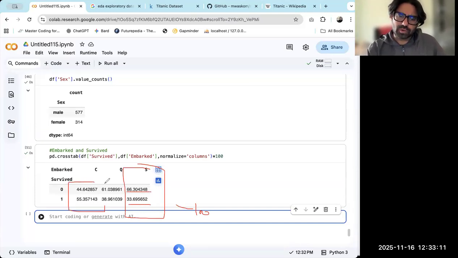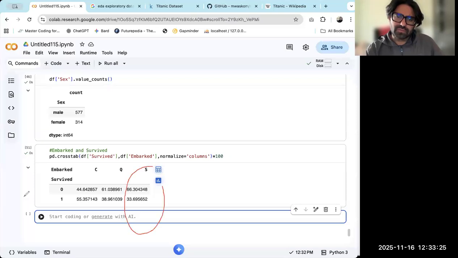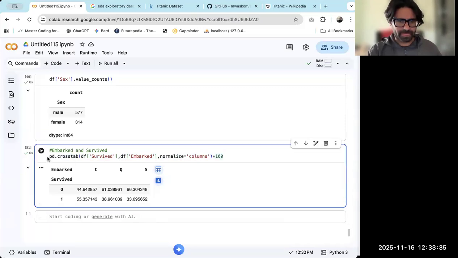If people are from Cherbourg, survived are more than not survived. Okay, Southampton people are more dying. Why so? Why do you think so? Or if you want to check with respect to the station,